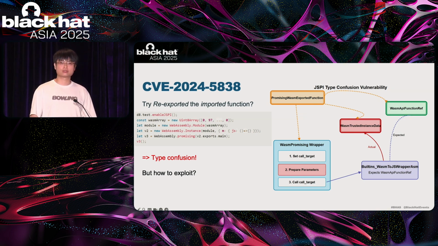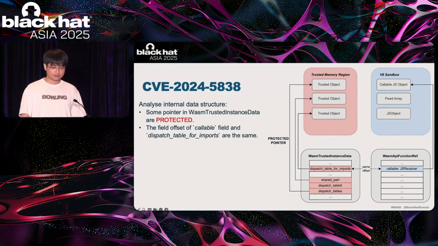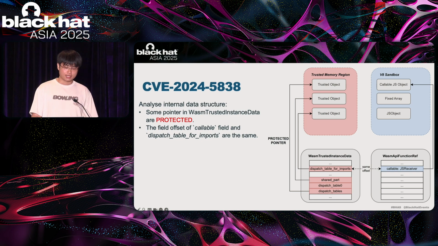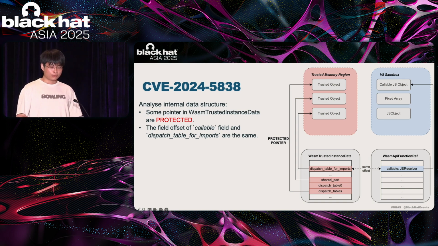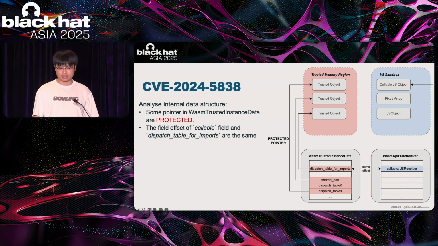This mismatch leads to type confusion. To assess whether this type confusion could have broader impacts, we examined the internal fields of these two structures and made some interesting discoveries. In Wasm trusted instance data, certain pointer fields are protected, meaning they do not point to objects within the V8 heap, but instead reference a separate isolated memory region. We refer to this as the trusted memory region, which stores sensitive information and is deliberately separate to prevent exploitation